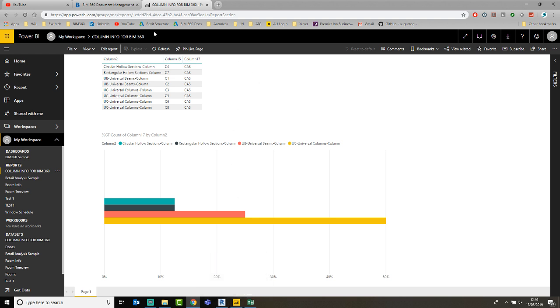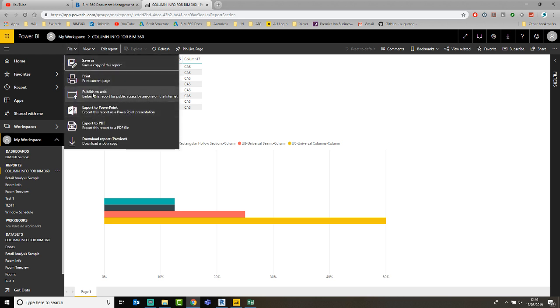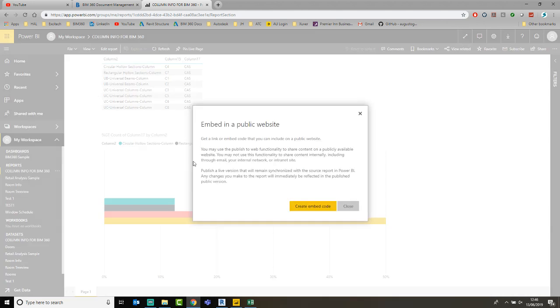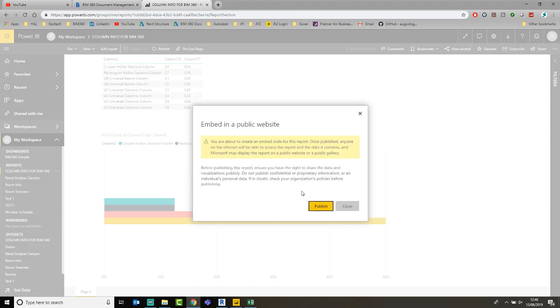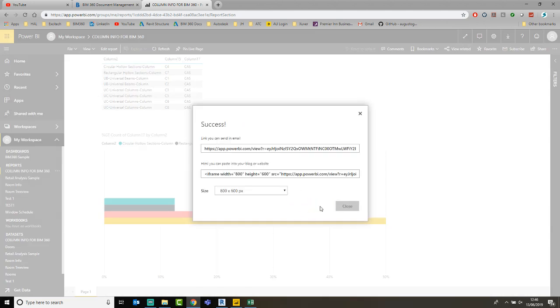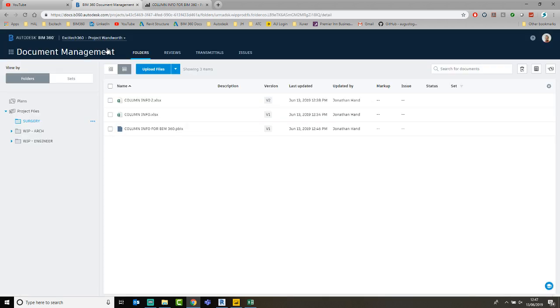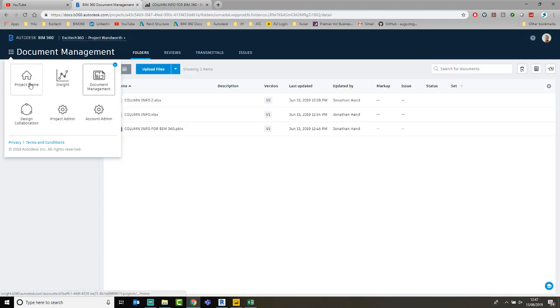Now the reason I went to the web version is that when I go to file, I can publish it to the web. So what this will do is it will create an embed code. And you can see I'm about to publish it. And the reason I want this, you can see, is you can link, you can send in an email. But if I copy that link, if we now go to 360 and we look at Project Home, with the ability for us to edit partner cards,